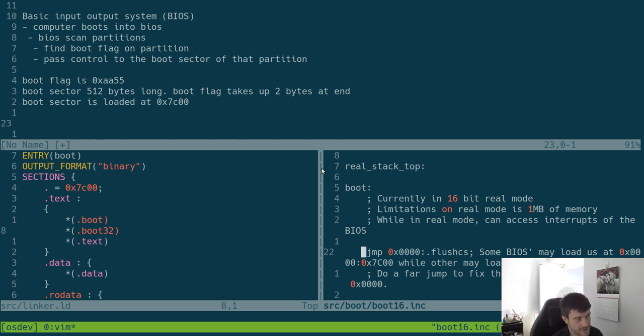It's at a code segment. This format is, I'll get there. Again, this first part is the code segment, then this is the address. So this would basically say at 7C0, it's there. But to fix this, you basically do a far jump,